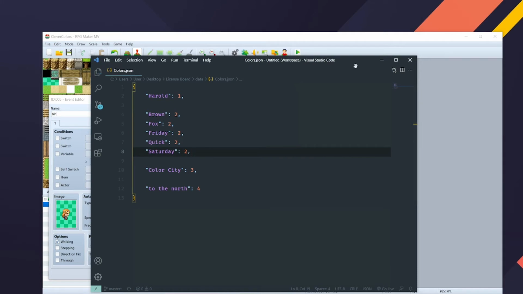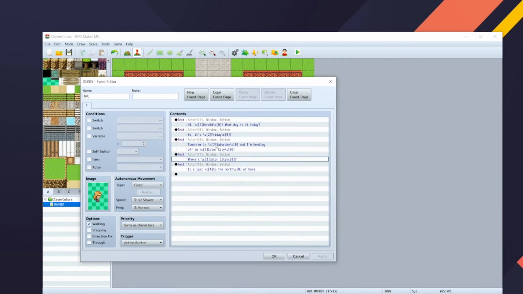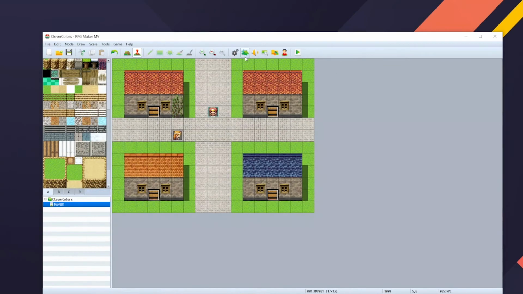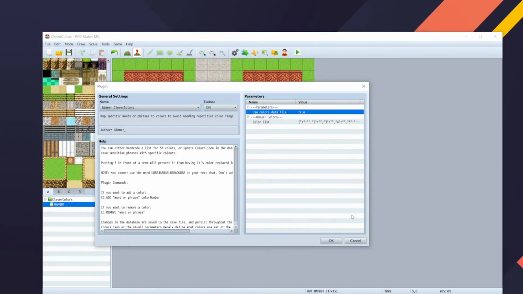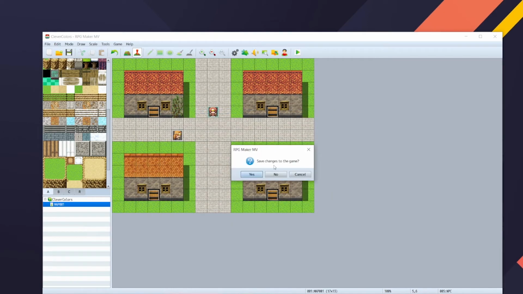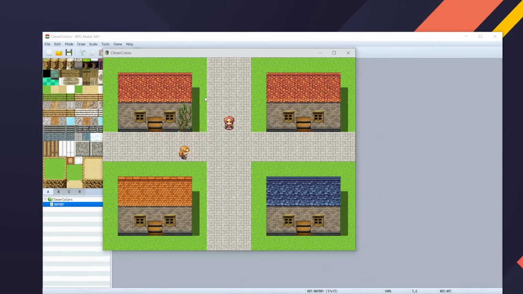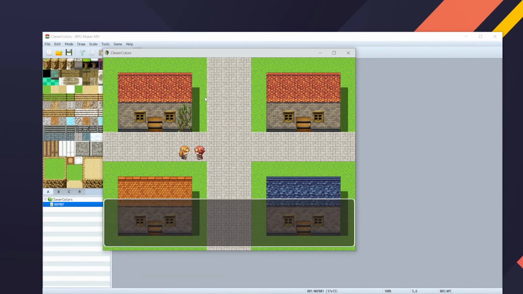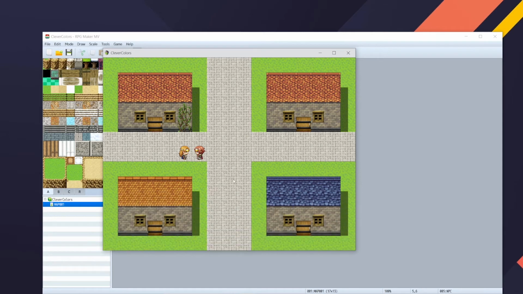Once you save this file, we can go into our editor, and we actually don't need any of these codes anymore. So I'm going to go back into the plugin manager real quick, and I'm just going to disable the plugin. We'll turn it off, and we'll play the game just to show that these color codes work. So we'll walk down, and then we've got Harold in blue, Friday in orange, Saturday in orange, Color City in green again, and then To the North is in blue. All right, and that ends the